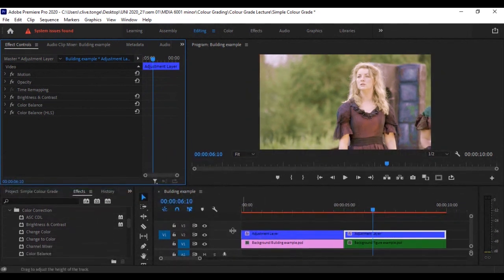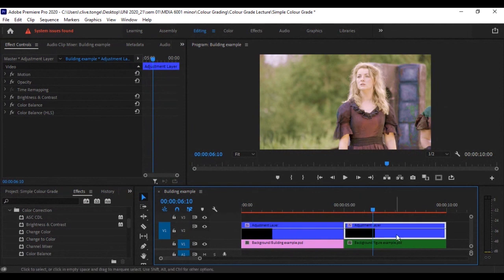But then if I just bring this up, we've got this line across here for the adjustment layer. Remember, all the corrections are in that layer. So if I switch that off and on, you get the original image. But now you can start to, if you wanted to, animate the color grade. So, you know, if I put a keyframe here and a keyframe here, that means the color grade